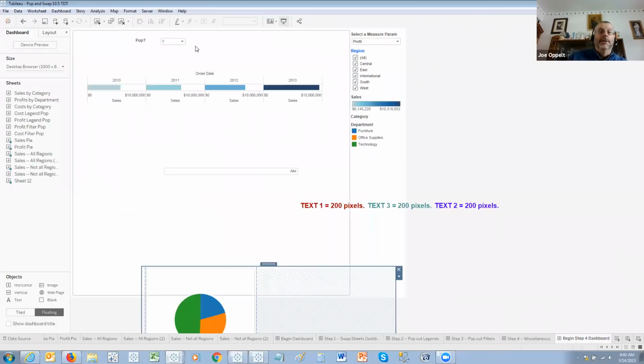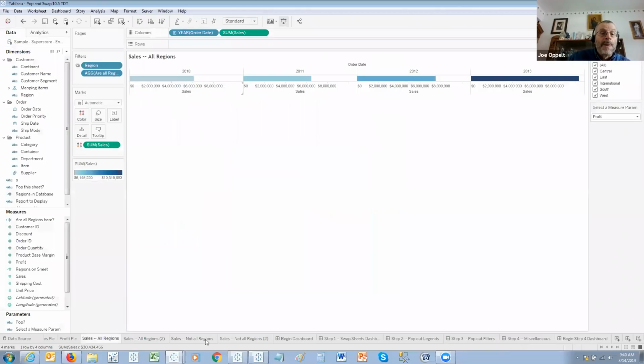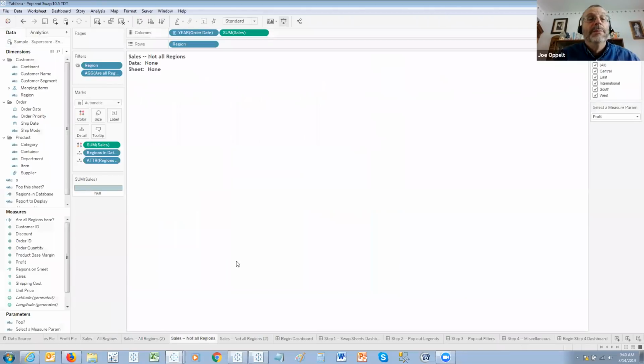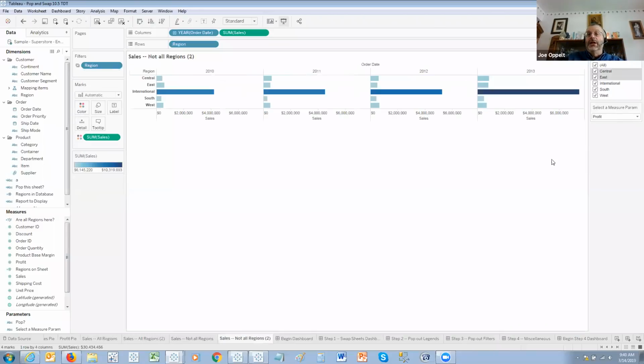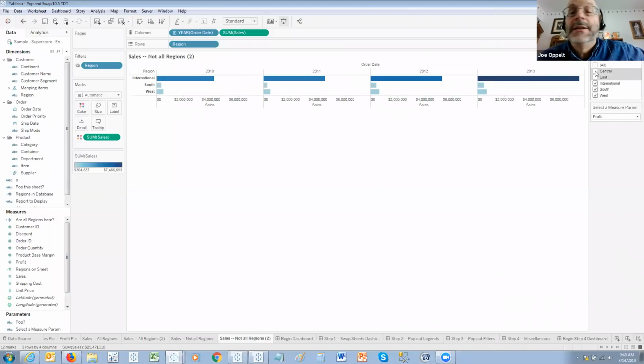I'm also on a demo real quickly. I have made two sheets here. Let's see if I can find them. All right, sales for all regions and sales not all regions. We get people calling up or going in there and saying, well, if the user selects all regions in the filter, I only want to show a rolled up value. But if they select anything less than all regions, if they take out a region,